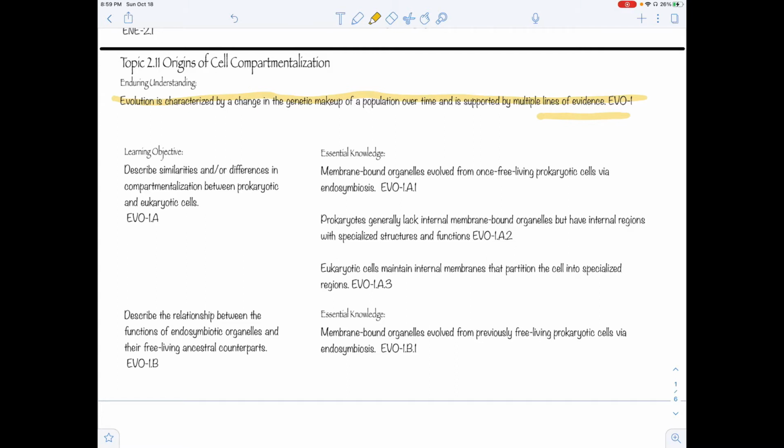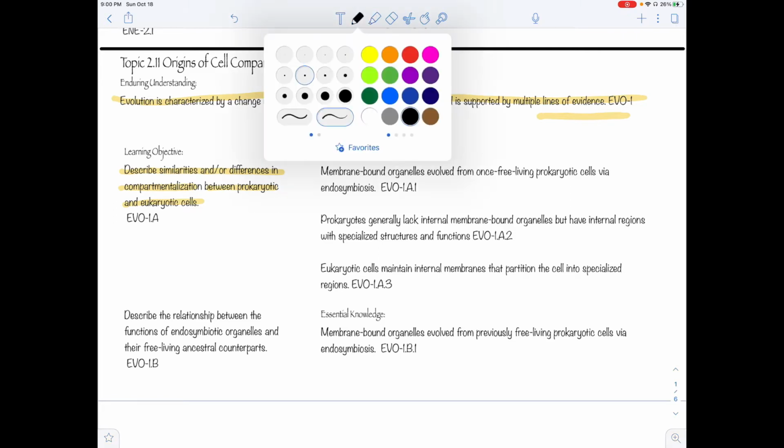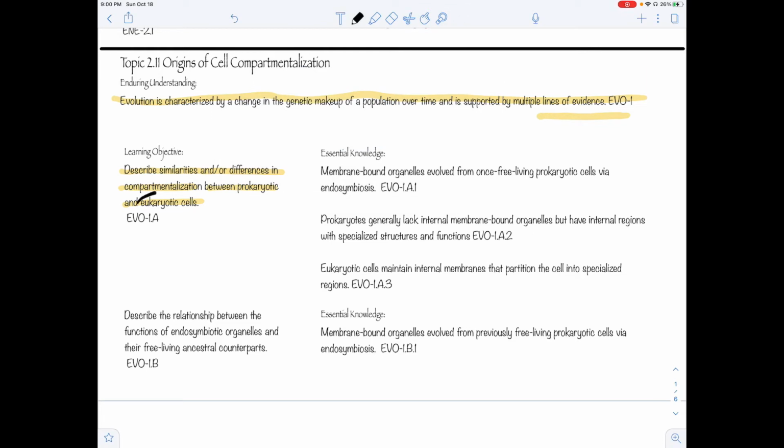So your learning objectives for this subtopic is you should be able to describe similarities and or differences in compartmentalization between prokaryotic and eukaryotic cells. So right here, this is where we look at how prokaryotic and eukaryotic cells differ and how their compartmentalization is different or similar. So we know that eukaryotic cells definitely we will see a lot more compartmentalization